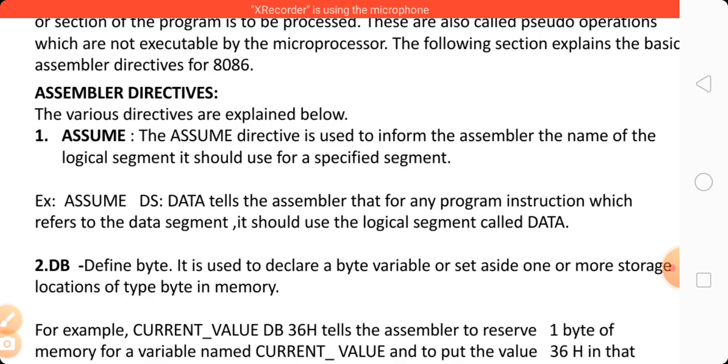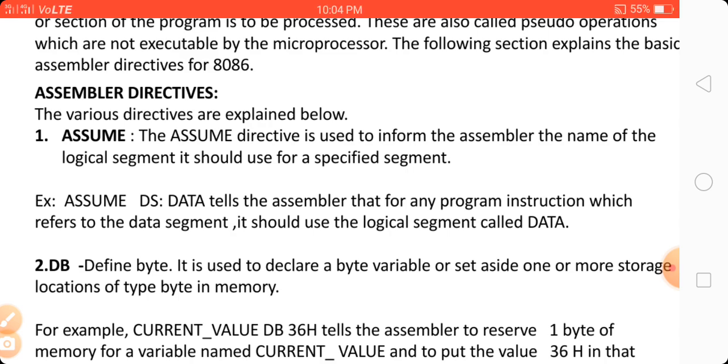So we have to remember the structure of this directive. Whenever we want to use this directive in our program, ASSUME DS:DATA tells the assembler that any instruction which refers to the data segment should use the logical segment called data.